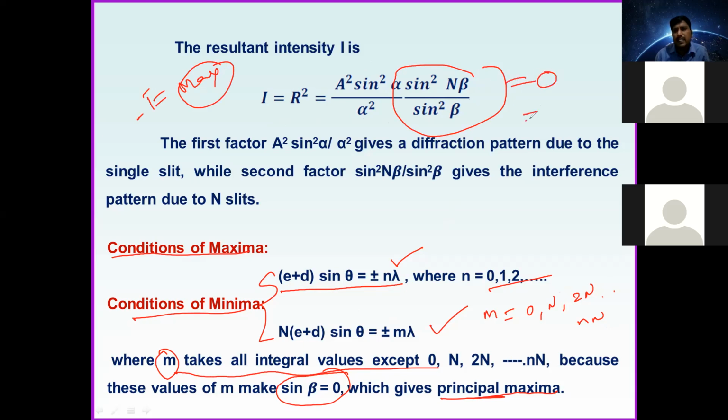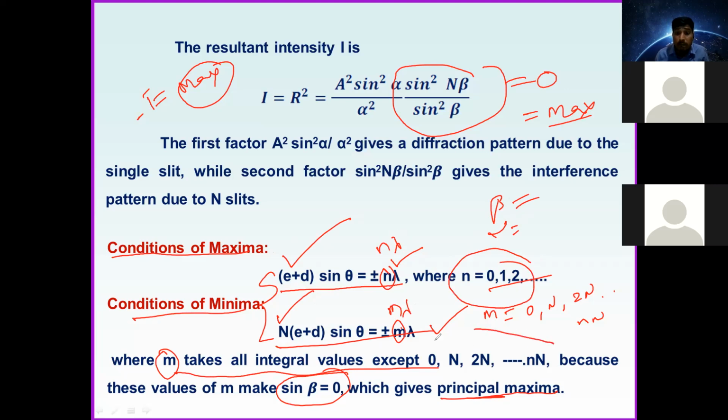If the intensity is maximum, you should keep in mind all this while what is the β, what is the α. Okay, keep in mind these two conditions. This is for maximum, this is for minimum. But here small m and N are both not the same. Here you are writing n λ, m λ. N can take these values. This is also an important question for competitive exams. I still remember this, both conditions.